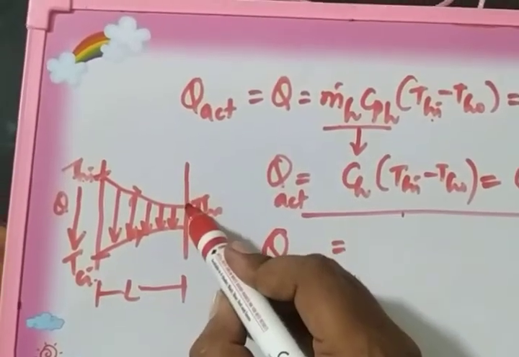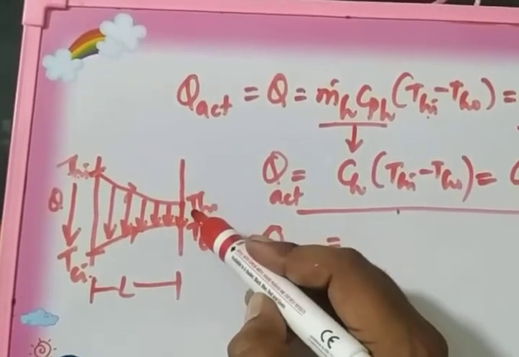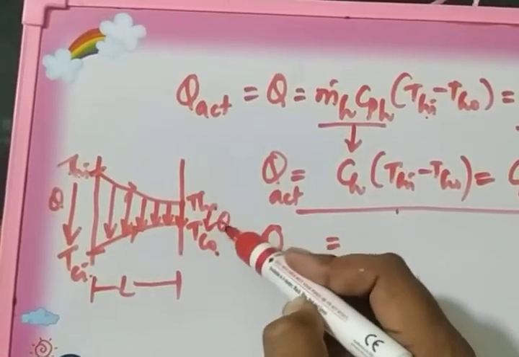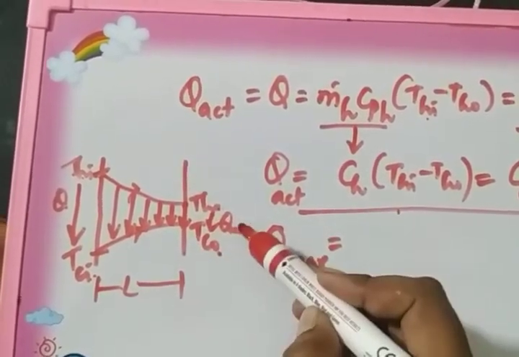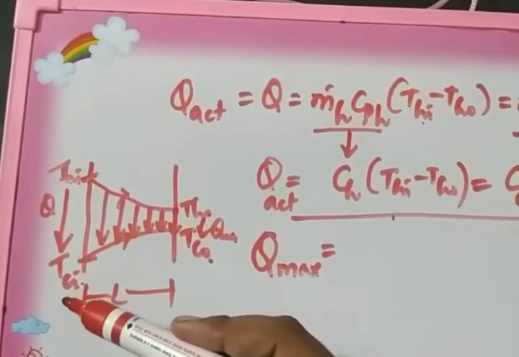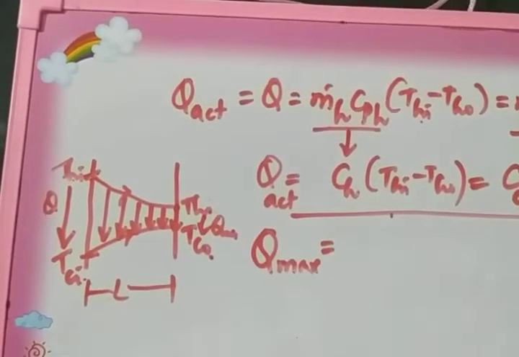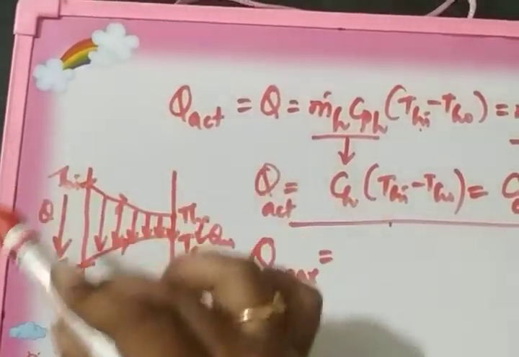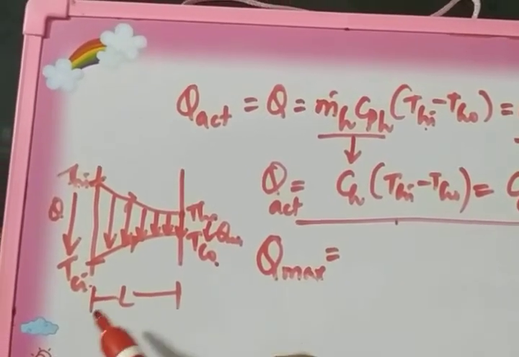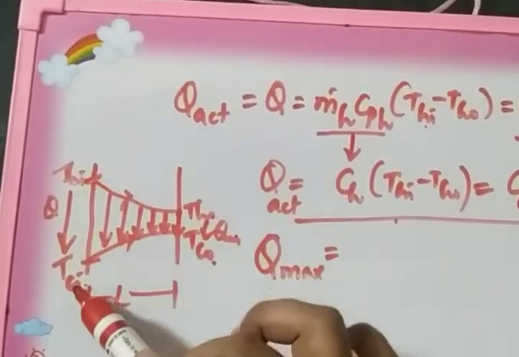And finally, when they come out at the exit, you will see that the heat transfer rate between the two fluids having temperature Tho and Tco will be minimum. So at the outlet, heat transfer will be minimum. At the inlet, the heat transfer will be maximum. Okay, I hope this concept is clear for parallel flow heat exchanger. So in a given heat exchanger, the maximum possible heat transfer will always occur when the two fluids are at inlet having temperature Thi and Tci.